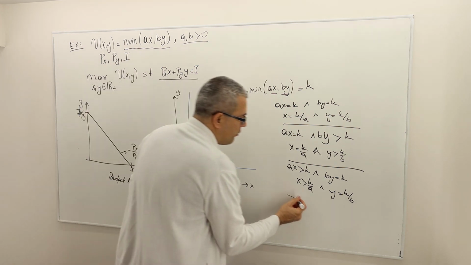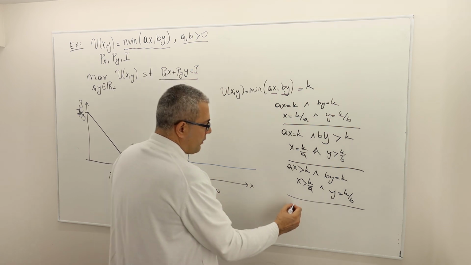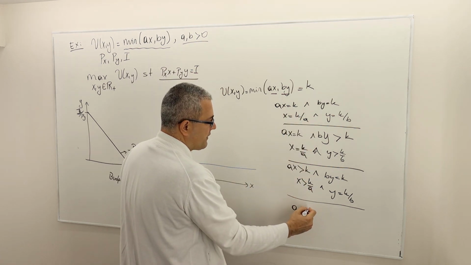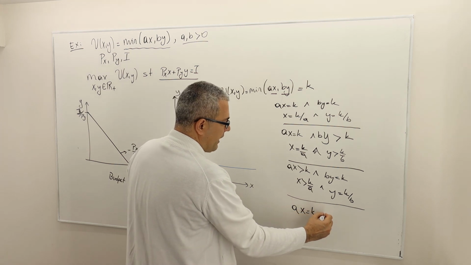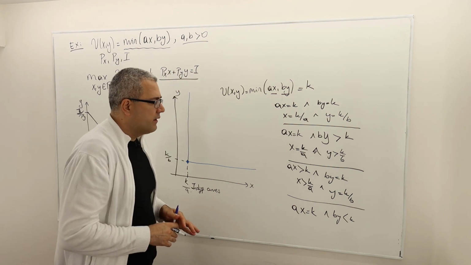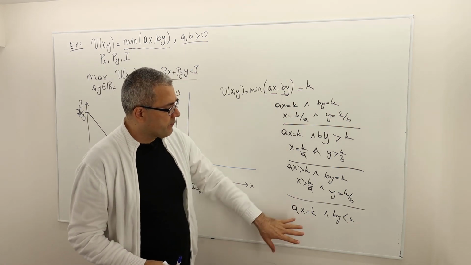By the way, you should definitely check, but these are not all the possible cases. For example, ax equals k and by less than k. But the problem here is when ax is